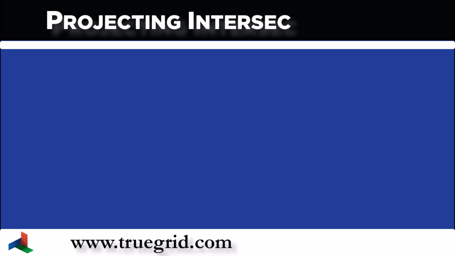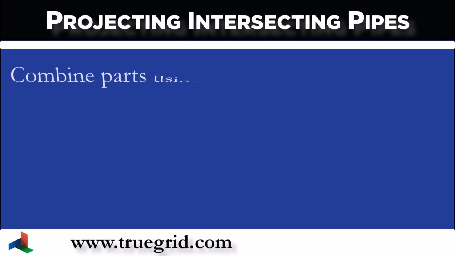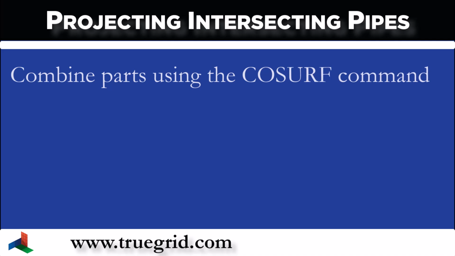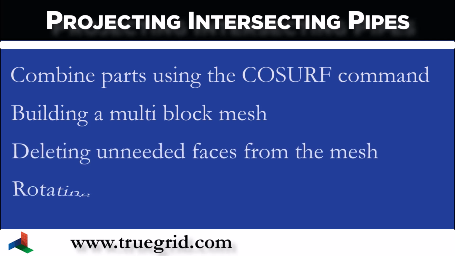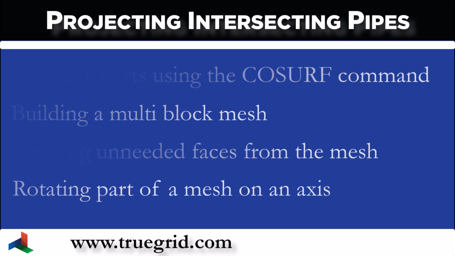In this lesson, we're going to project a multi-block mesh onto the surface of two intersecting pipes. We are going to combine two parts using the COSURF command, build a multi-block mesh with shell faces, delete unneeded faces from the mesh, rotate part of the mesh on an axis,